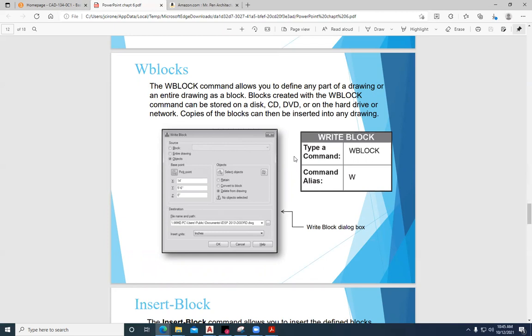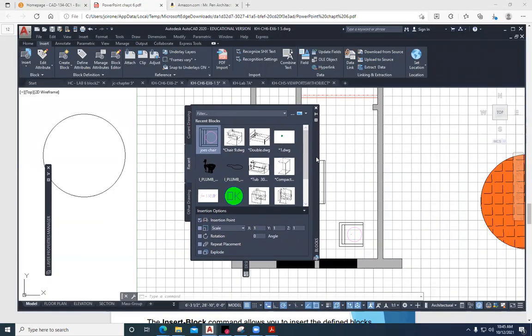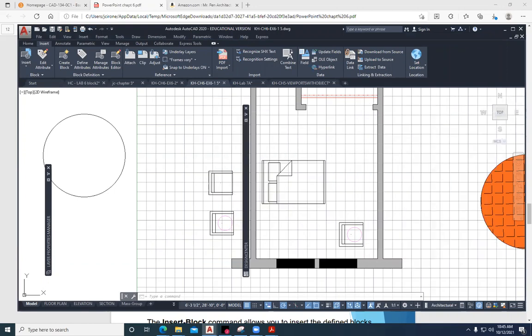So the guy who has the most furniture blocks wins because that gives you more things in your design elements that you can add. You want to have Al's Design Center because Al has done just a terrific job of this. Not only does he have furniture and plumbing in there, but he also has things like